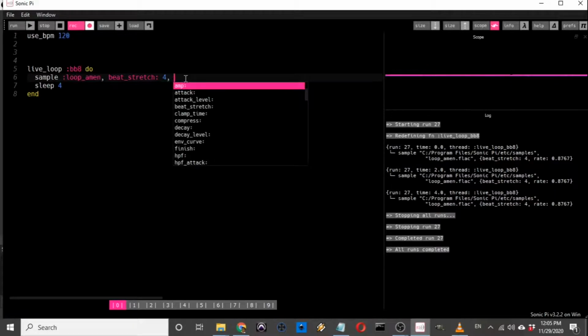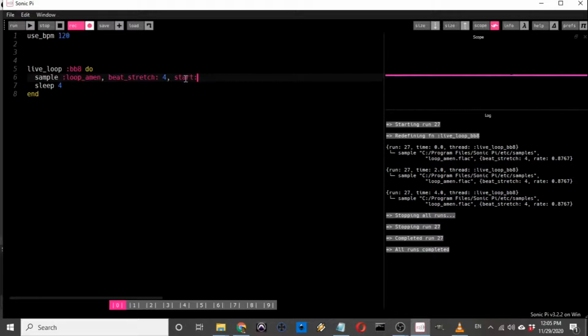Okay, so now there are these two parameters called start and finish. The way both of these work is you can only use values between 0 and 1 in this case.